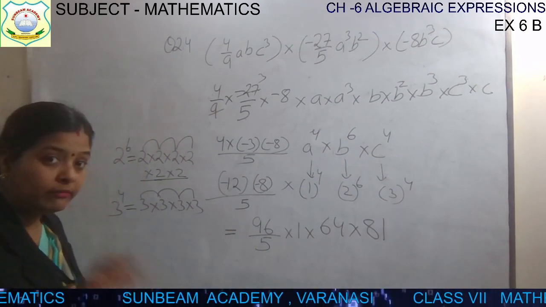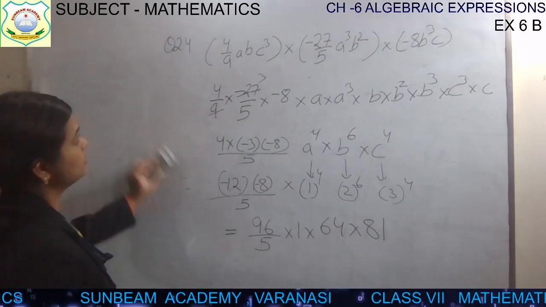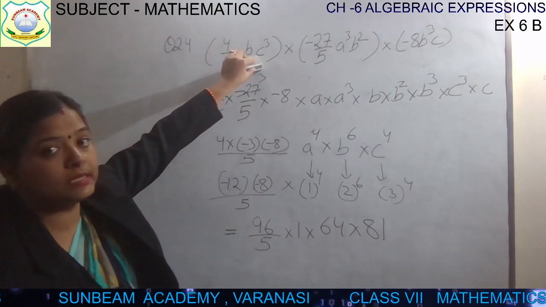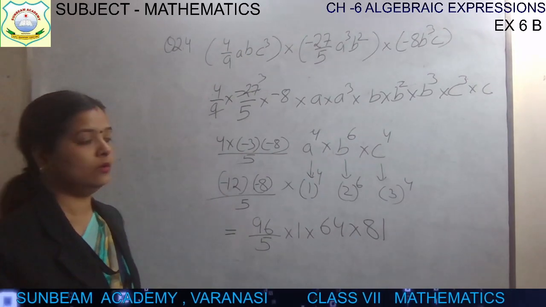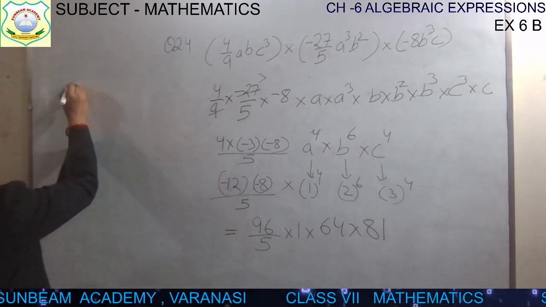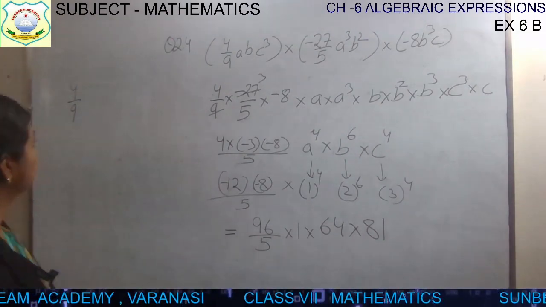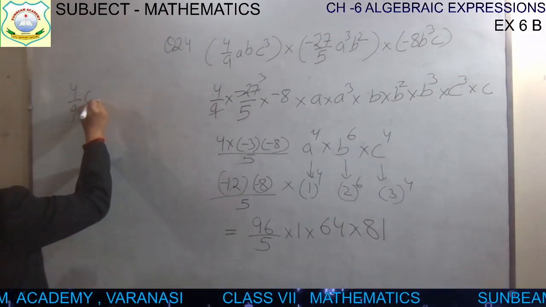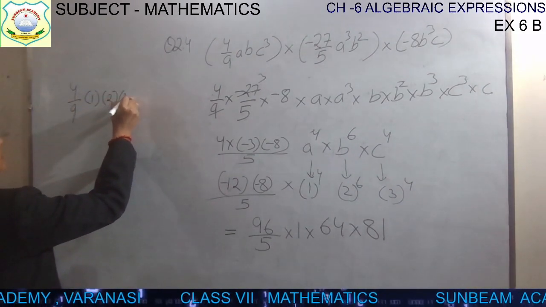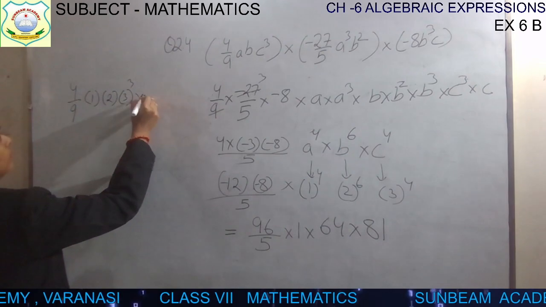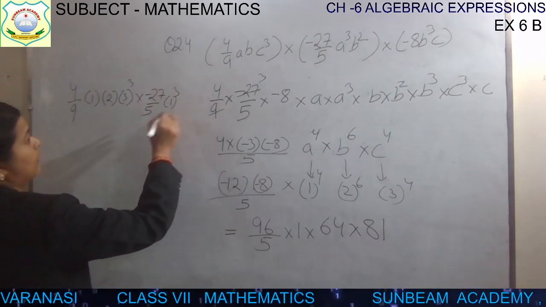And how you will verify that this answer is correct? You will substitute the value of a, b and c in the question also. A, B, C की value आप question में भी रखिए. What is your question? Your question is 4 by 9. Now a value is 1, b value is 2 and c is 3, 3 का cube. Then into minus 27 by 5, a is 1 का cube and